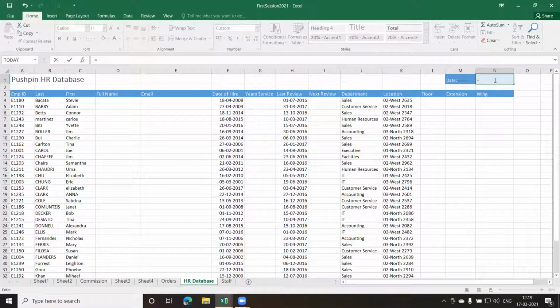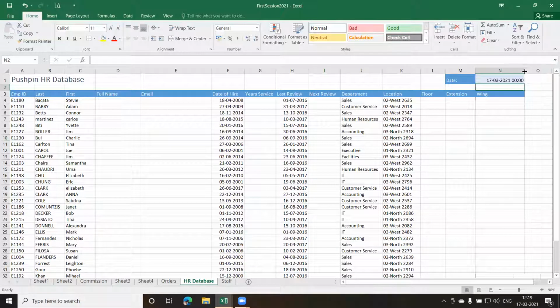Last time we had used the NOW function. So today, in this session, I'll be using the TODAY function. I just put the round brackets. The TODAY function does not take any parameter. It is just empty round brackets. You press enter, and you're going to get the date as per your system date and time. Clear?